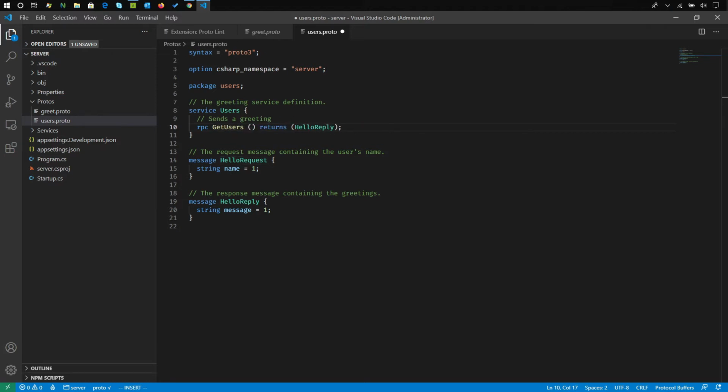There is a user request object that this service takes in, and there is a user response object that the service basically returns. Let's change the definition of the request object also. Let's call it user request, and instead of taking in a string, it now takes an int32, which is, let's say, the company ID for which we want to return the users. And let's also change the response object here to user response,